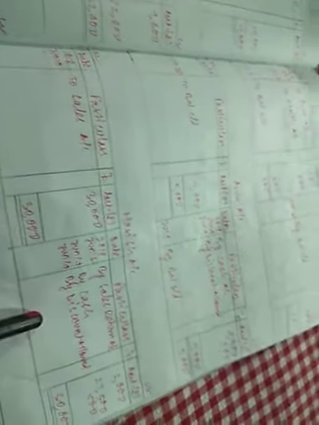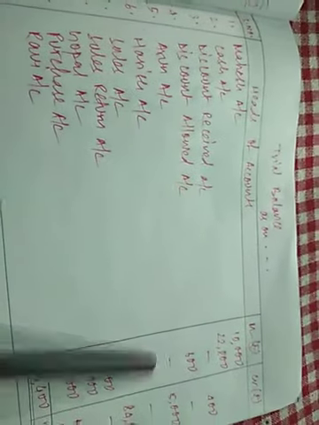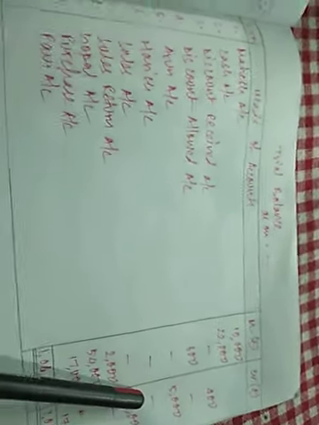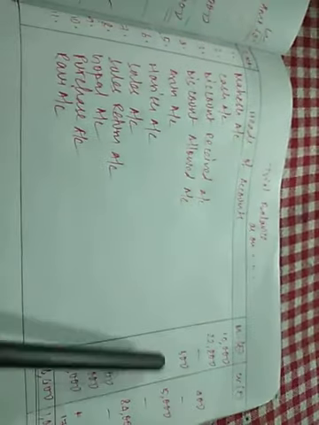In this manner we can write all. Hari's account, you can see the account number 6. Hari's account did not have any balance, neither debit nor credit. Any side it does not have any balance BD. So for Hari's account you just leave it blank or just give a dash on both the sides. Like Hari's account, you can see here number 6 Hari's account, I have given a dash on both the sides, debit and credit.